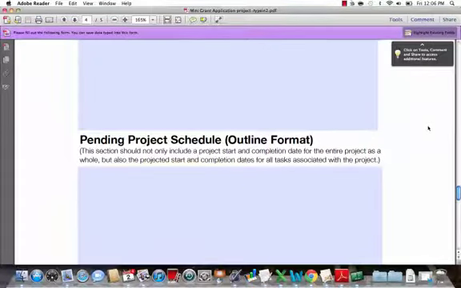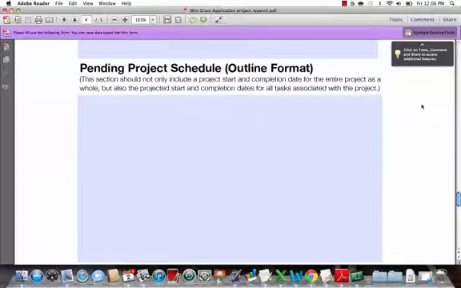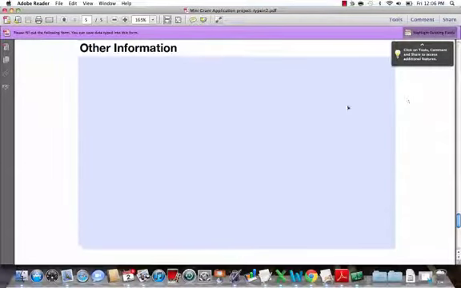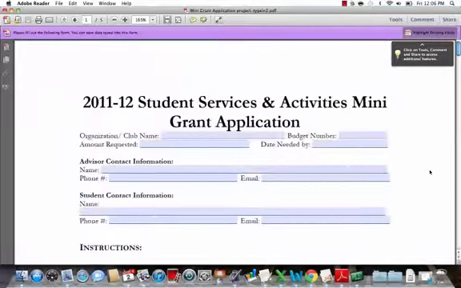And then we're going to the outline format. You're going to list each step. You're going to give me a step-by-step process, beginning to end, of this event or whatever it is you're going to be doing. And then this is any other information you want to give me to help me make a better decision. And when you're done with all that, please email it to me at